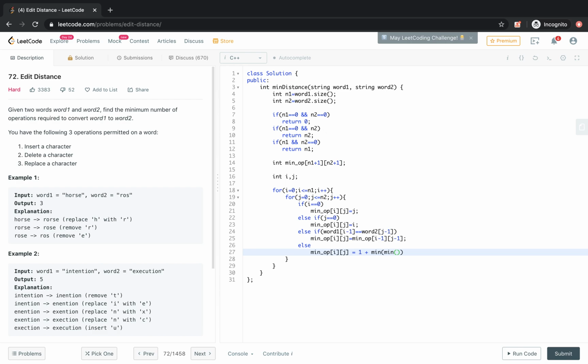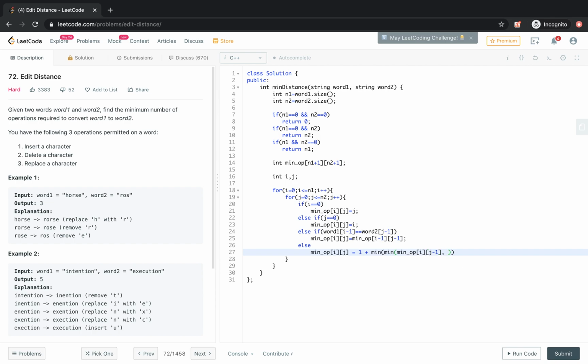Suppose we are having an insert operation, then the minimum operation of the ith element, and j will be the previous one, whatever the thing is. So we are inserting basically one element in word 1.